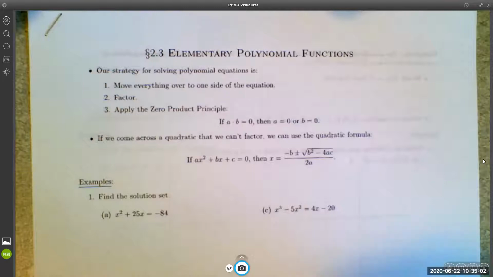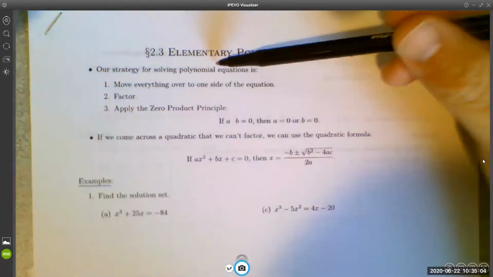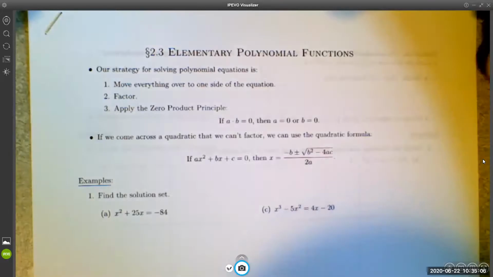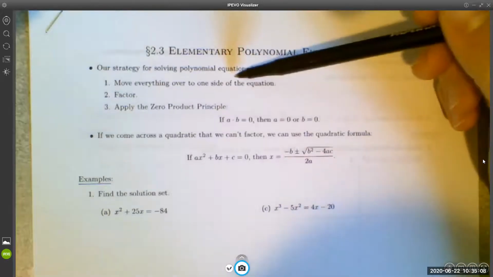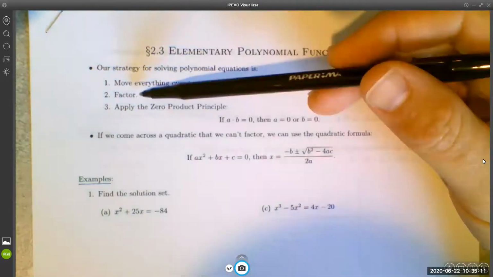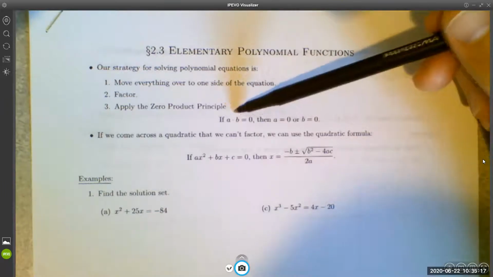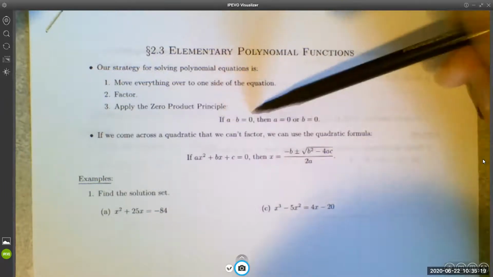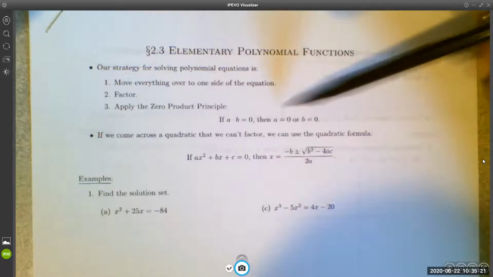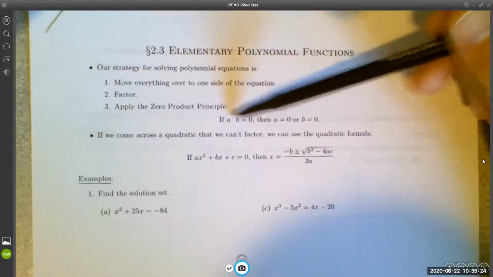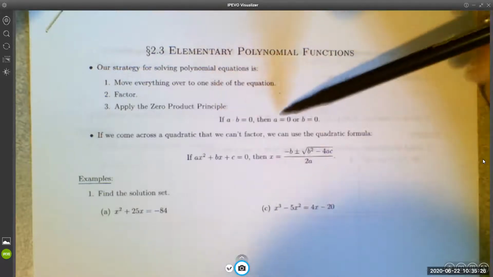So first of all, if we want to solve a polynomial equation, the way that we do that is we move everything over to one side of the equation, then we factor, and then we apply the zero product principle, which says that if you have two things whose product is 0, then one of the factors has to equal 0, right? In other words, you can't multiply two things together and get 0 unless one of those things is 0,